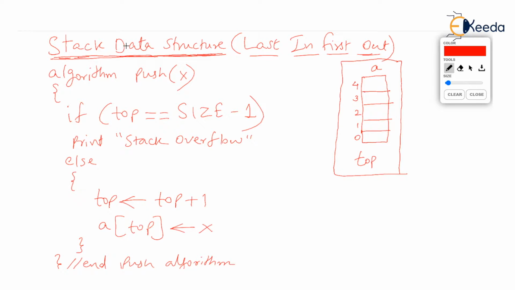We have examples of stack all around. For example, the SMS box of our cell phone is a very good example of stack. Whenever a new SMS arrives, the latest SMS, the last SMS that arrived in our cell phone, is always shown at the top, isn't it? Or the mailbox is a very good example of a stack. As new mail comes in, the new mail is always shown at the top. That means the last mail arriving has become the first mail to watch.